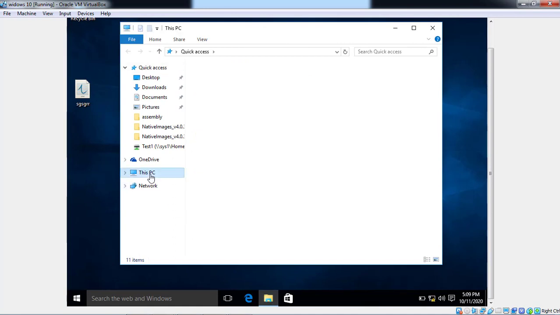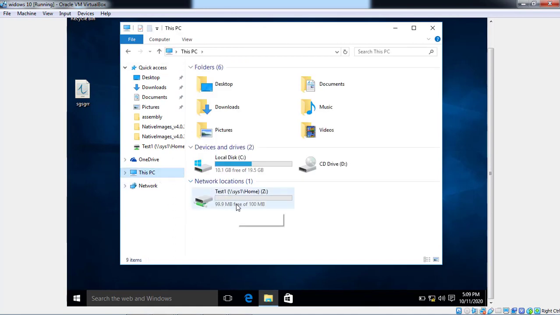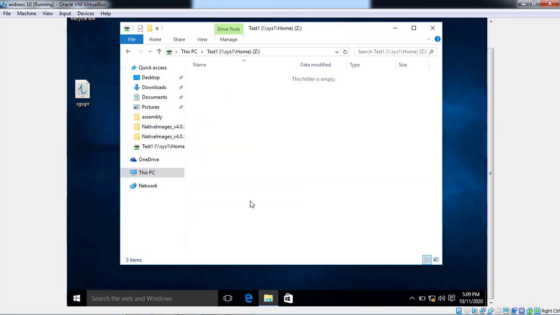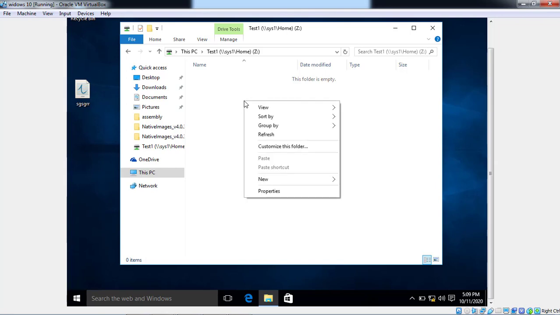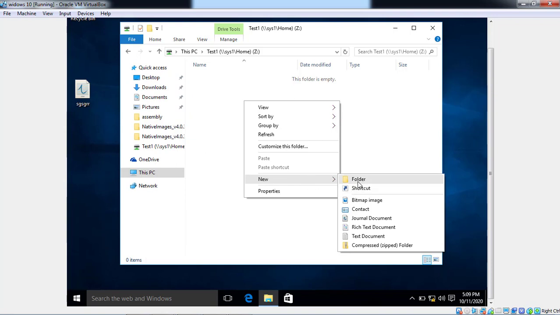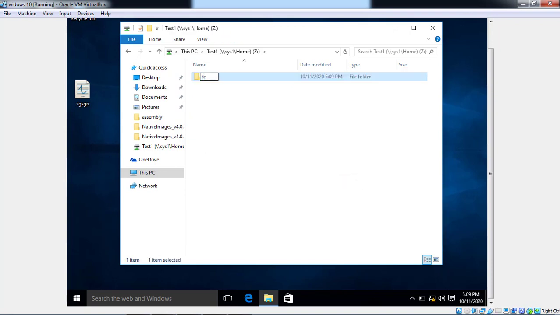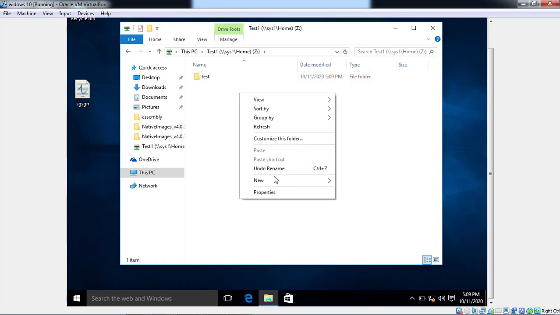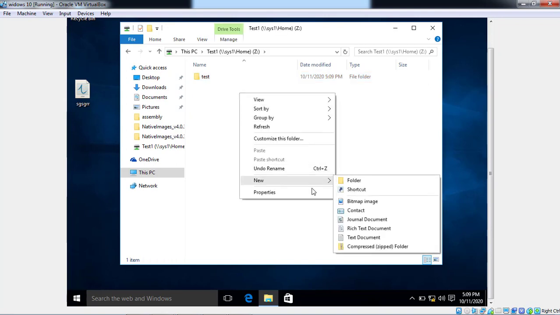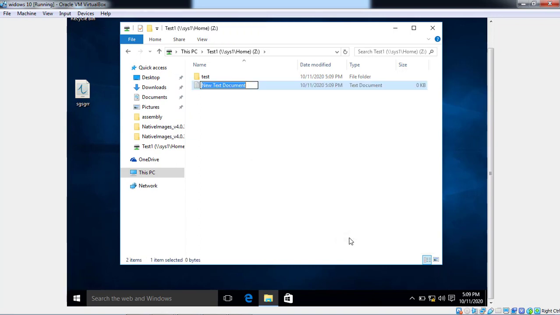Go to This PC and you can see the home folder now, where we already performed the 100 MB quota practical. Now create any file. Firstly, creating a new folder is possible. Creating a new text file is also possible.